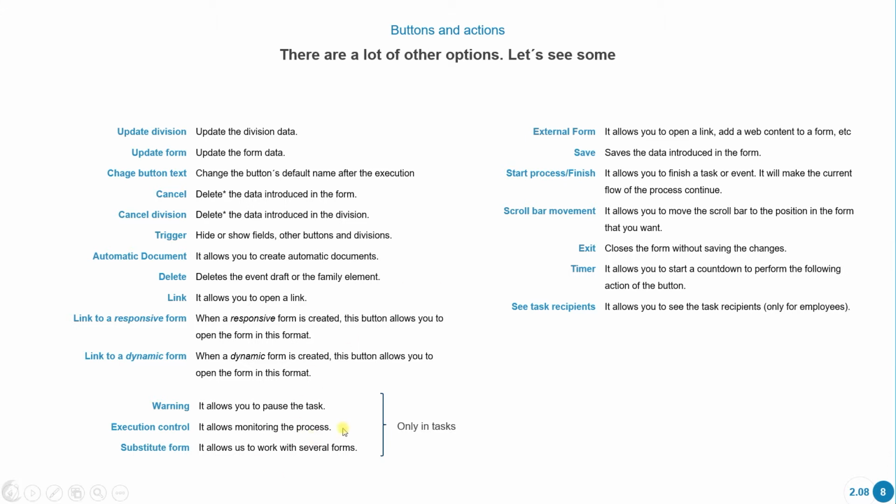These ones here. We have update division, update the division data, update form, update the form data, change button text, change the button's default name after the execution, cancel, delete the data introduced in the form from the editable fields, obviously, cancel division, delete the data introduced in the division, trigger, hide or shows fields, buttons,